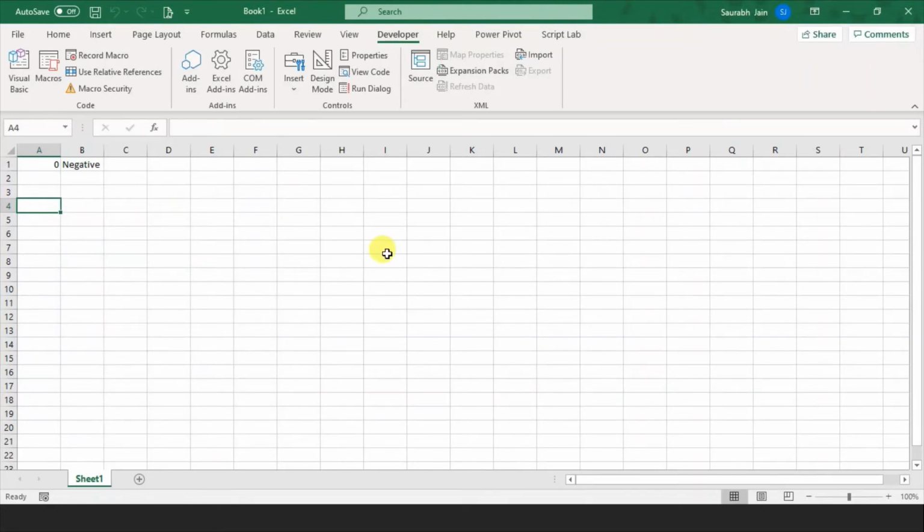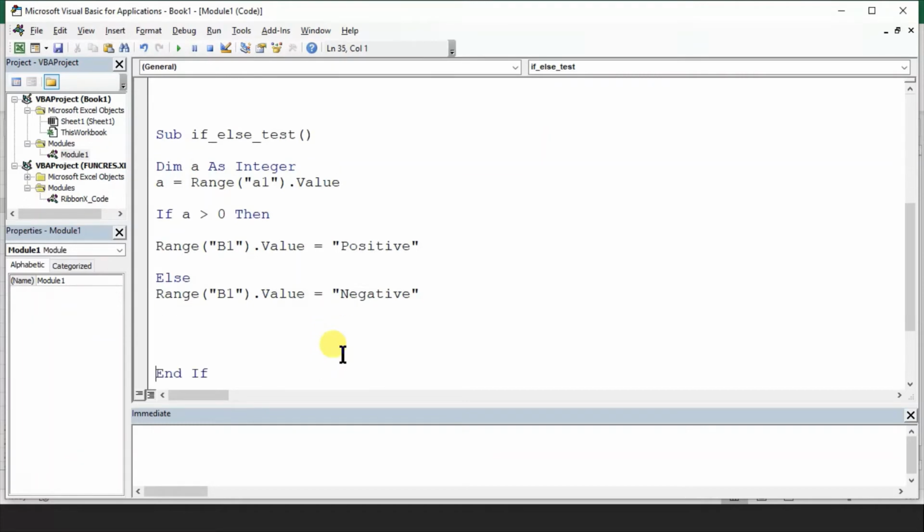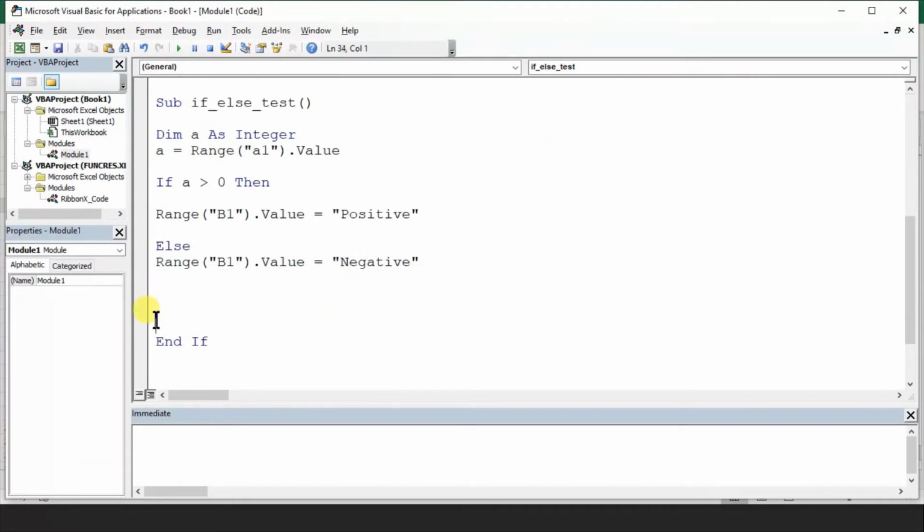Why? Let's go into our program and check the situation. Look, if A is greater than 0, so 0 is not greater than 0, it is equal to 0. The condition is false. It goes into the else part and writes negative. Fine. So this was the case it did. Now let's make another program to correct this also. So now I have to check 3 conditions. Fine. So I'll write another program. Let's copy this.